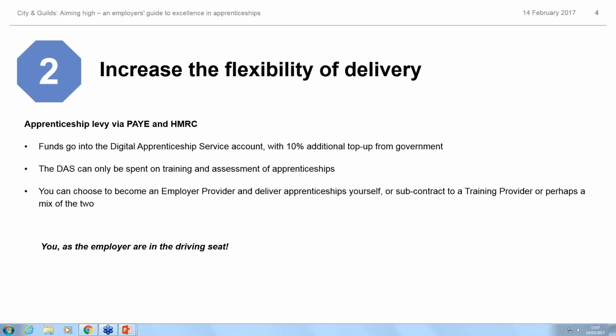Just one point to note, however: if you delivered apprenticeships before April 2017, you will not be able to utilize the Levy. The Levy fund came in April 2017, so those will be delivered under a standard or framework, but there is no standard there yet. So before that, it will be business as usual. So with regards to funding,